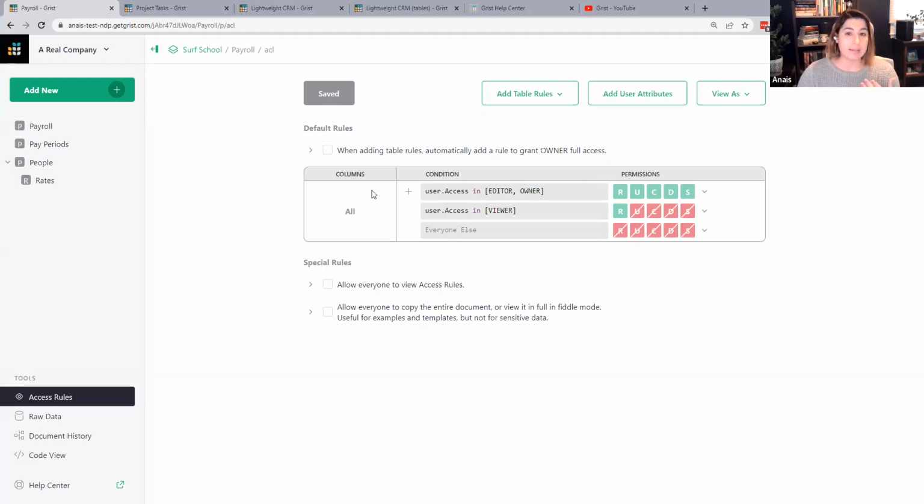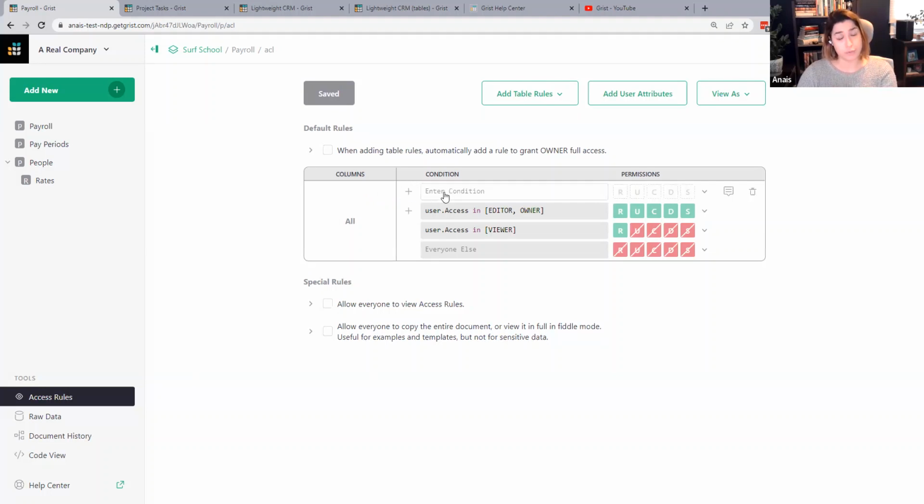So how can you add to the default rules? You can add a plus sign here and enter a new rule. So maybe what I want to do is stop editors from being able to have schema permissions. I don't want them to be able to change my structure, my views, or write formulas. So I can start typing